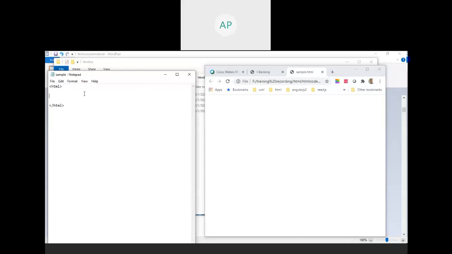We know there is a tag called P, paragraph. We can write a paragraph with the P tag. You start the P tag and close the P tag. All the tags should be started and closed. Let me type here. We are going to create this web page, for example, for bank customer registration. We can have ICICI as our bank, and for ICICI Bank internet banking, we are going to create a web page.